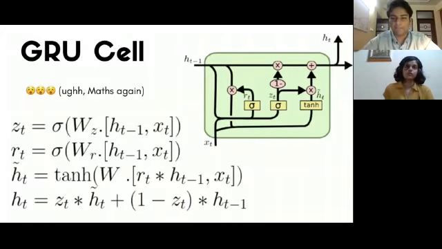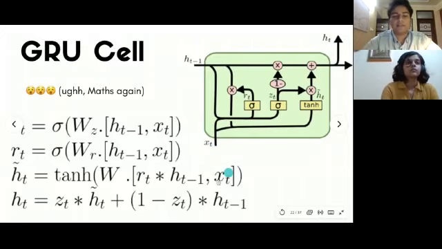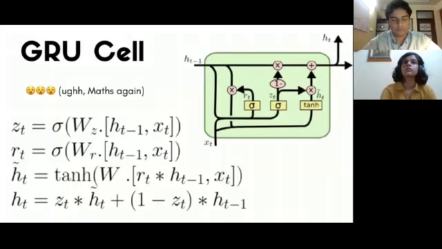From the value of rt, now we can generate our new candidate h tilde t. So it's once again a very similar calculation. We take our current input xt, but this time we don't take the entire hidden state ht minus 1. We only take rt part of it. And because rt was a value between 0 and 1, once again, you can think of this as a percentage. So we're only taking rt percentage of ht minus 1. Once we've gotten these two values concatenated, we're going to multiply this time once again by a separate weight matrix, W, and we're going to pass it through a tanh nonlinear activation function. From that, we're going to get our candidate. And once again, tanh just squishes the values between -1 and 1 so that they're easy to work with.